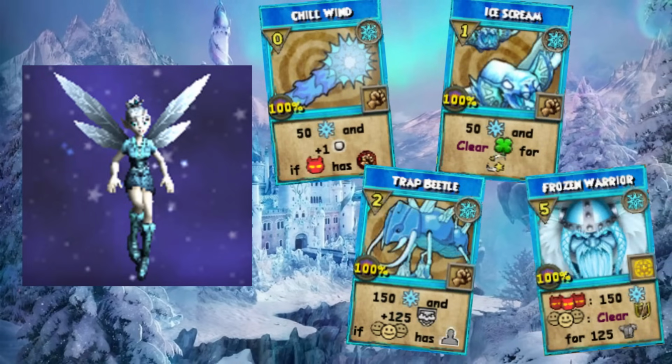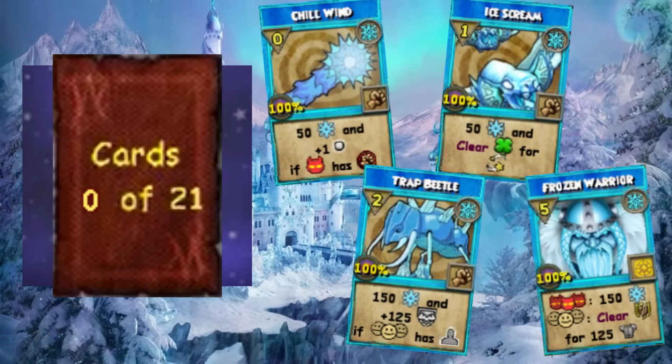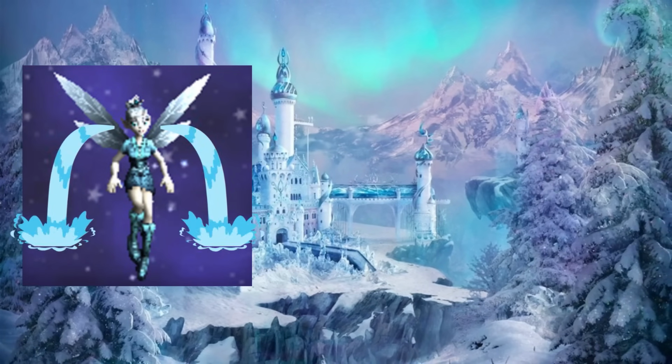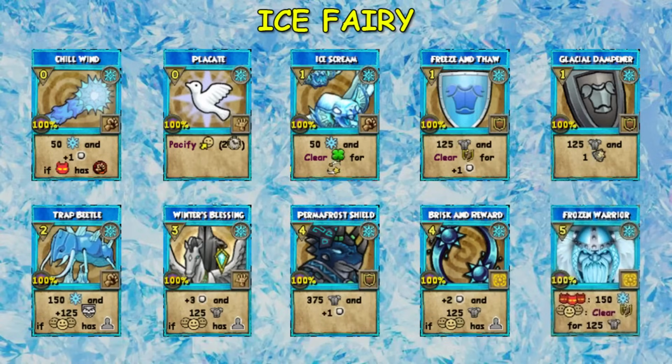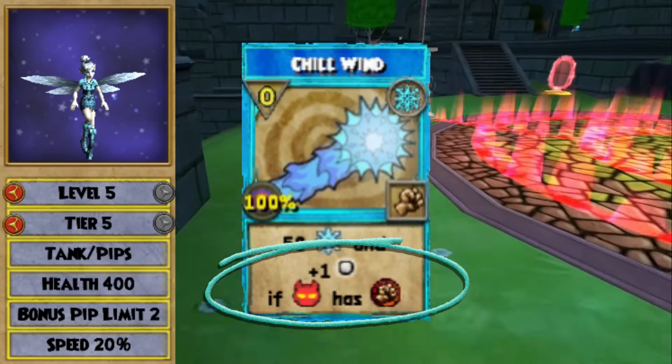If you end up alone in a fight as Ice Fairy, then expect to run out of cards because you simply won't have enough hits to knock out your opponents. That's the sad truth. But anyway, let's check out its spells. Chill Wind is a 0 pip 50 hit that gives you back a pip if the opponent has a damage